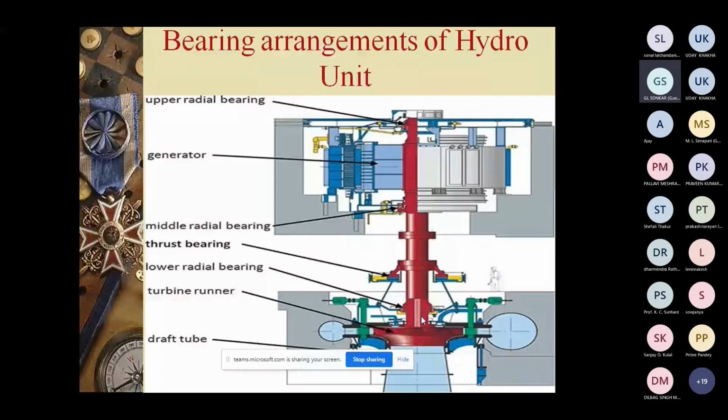Just see from here, this is an umbrella type machine. You have a guide bearing. The guide bearing ensures the intactness of the shaft, that means there will not be any deviations. Earlier this guide bearing was in two parts. Nowadays it is a segmented type.